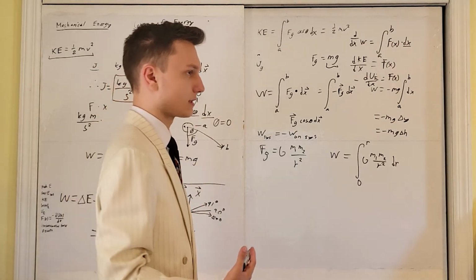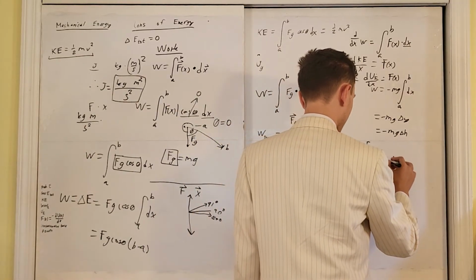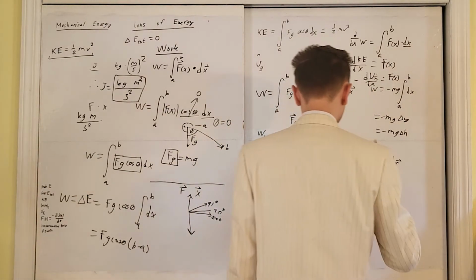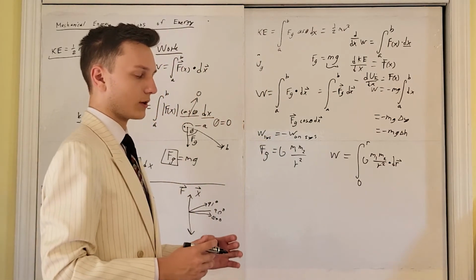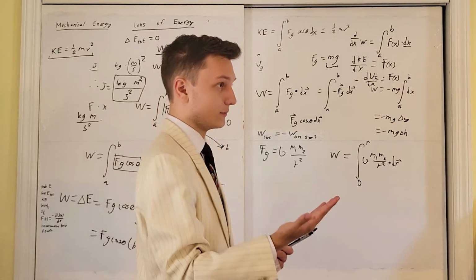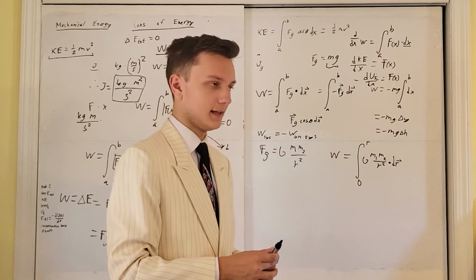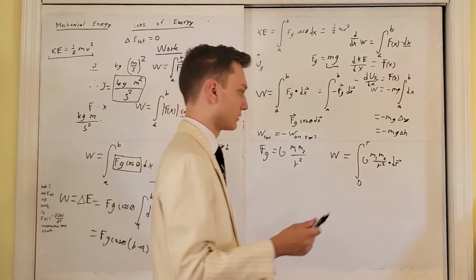They're all variables of distance or displacement. Okay, again, don't forget to evaluate your dot product. In this case, we're going to assume that the path taken from the center of the Earth to where the moon is now is a completely straight path, and that the gravitational force is acting exactly opposite to our displacement